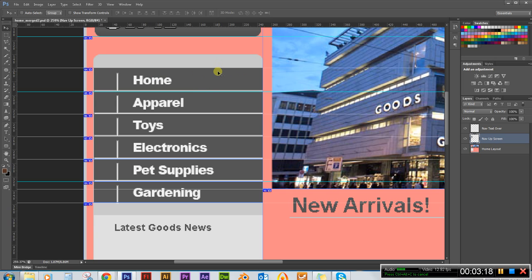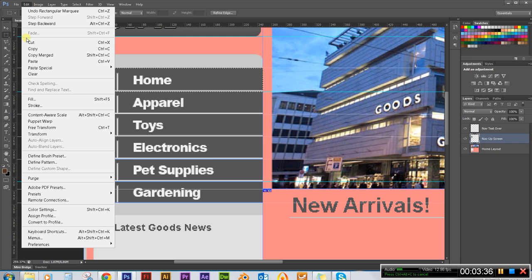So let's go ahead and start that. I want to click on my rectangular marquee tool. I want to cast a selection over my number 4 slice. Now this is important. We need to do an Edit, Copy Merged,